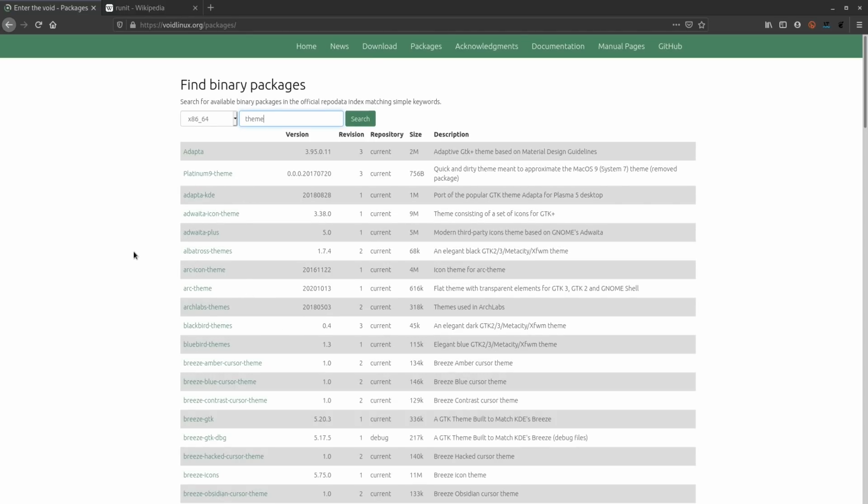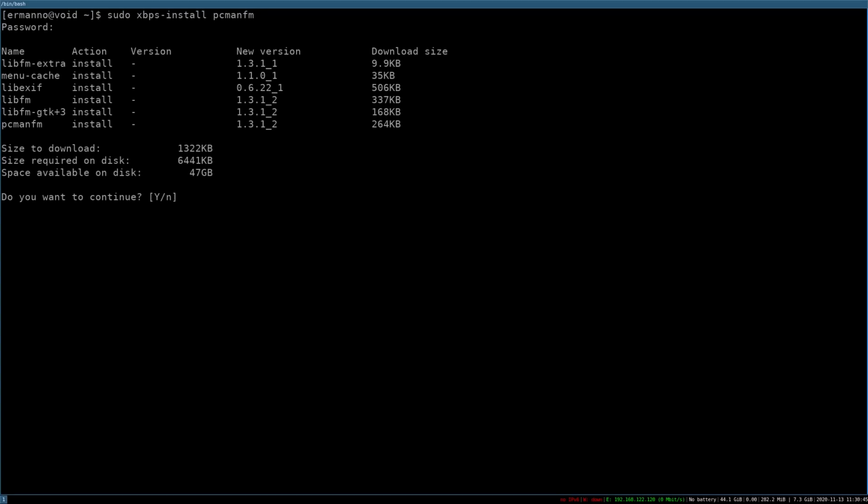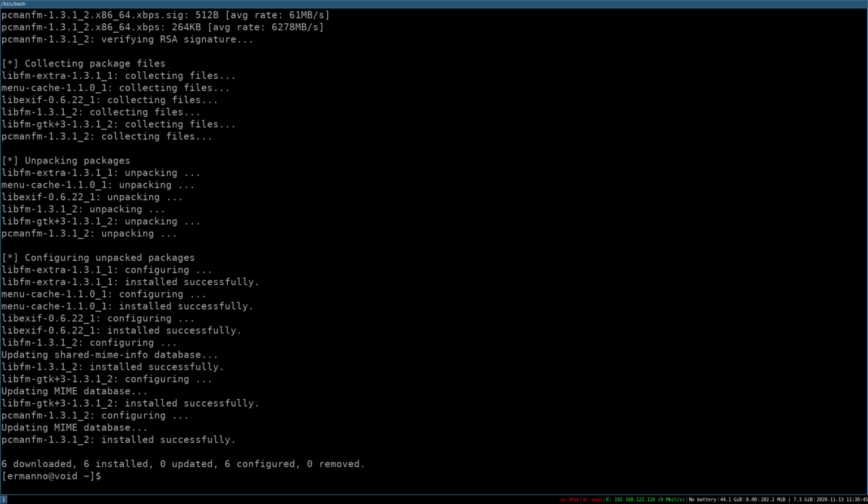So for example, let's go back here to our i3 and let's install, for example, by sudo xbps-install. I'm going to install pcmanfm, the file manager PCMan, and hit enter. And accept the installation here. There you go. And I'm going to install also some other packages. Let me install also LX Appearance